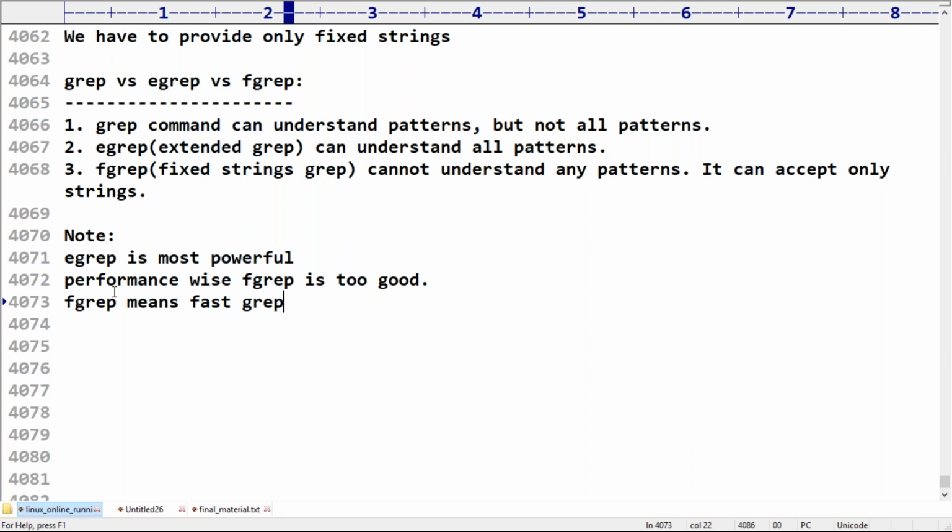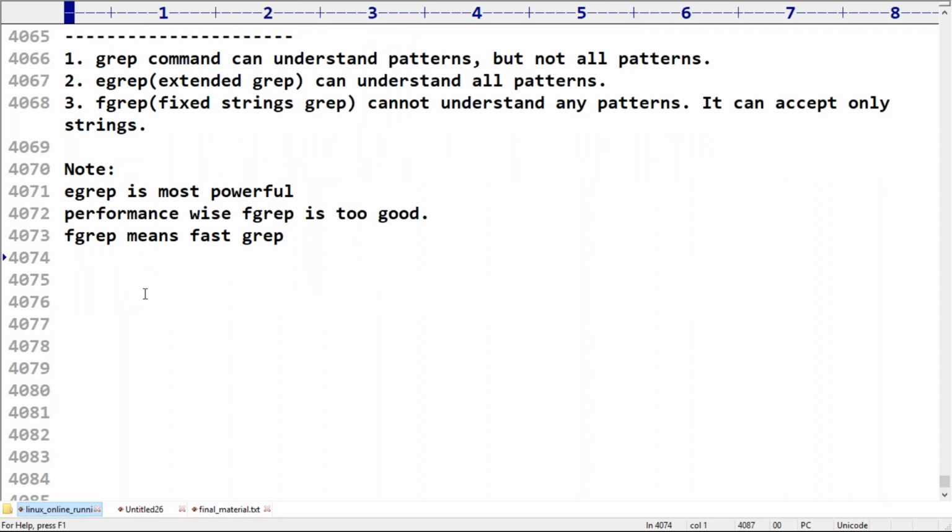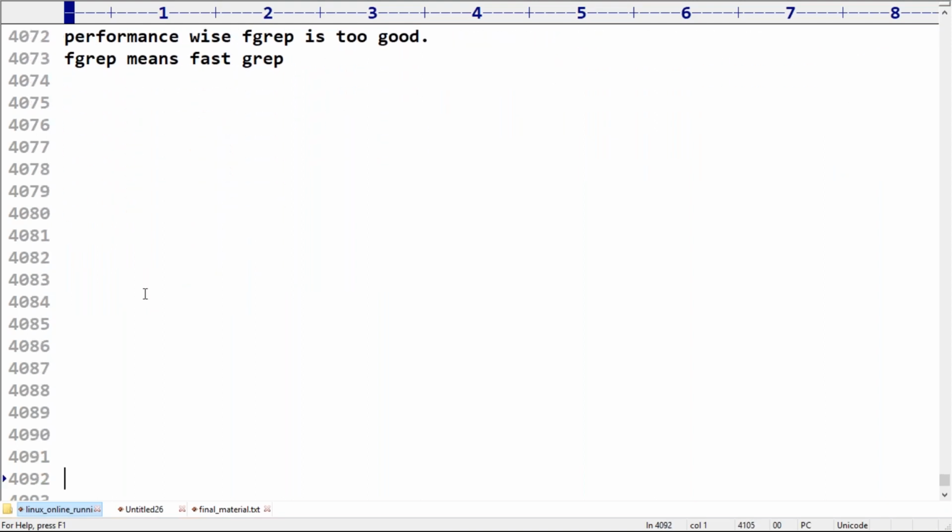Friends, are you getting it? To understand this clarity, I spent three days. So what is the meaning of grep, egrep and fgrep? I spent three days to understand this small difference, because on Google I'm not seeing a clear difference. Please take very special care about this terminology.